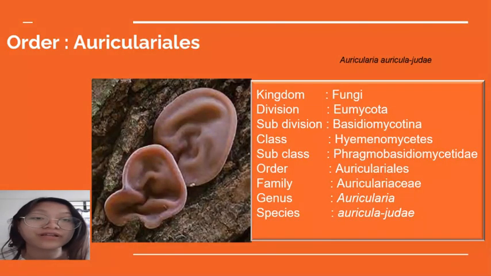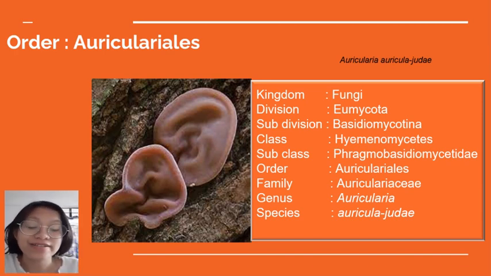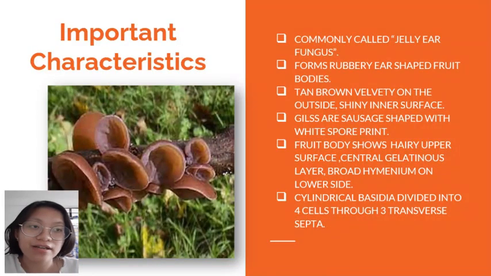Under the order Auriculariales, the first example is Auricularia auricula-judae. It belongs to the kingdom Fungi, division Eumycota, subdivision Basidiomycotina, class Hymenomycetes, subclass Phragmobasidiomycetidae, order Auriculariales, family Auriculariaceae, genus Auricularia, species auricula-judae. Some important characteristics for this species are they are commonly called jelly ear fungus because they form